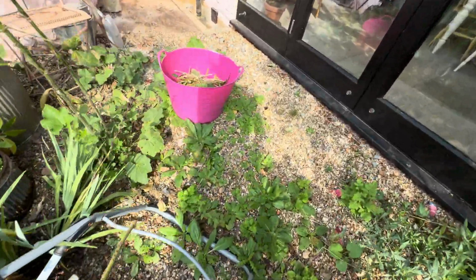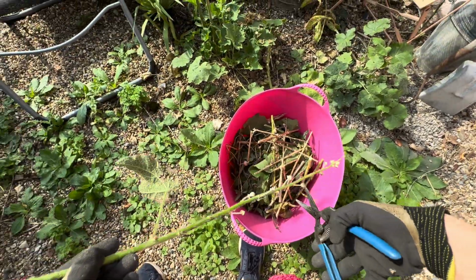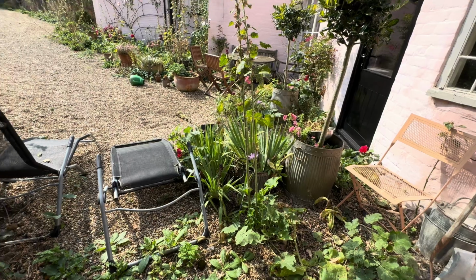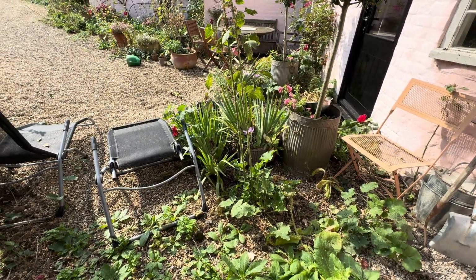I have lots of baby plants coming up here. These are Nicotiana. We used to have a beautiful Nicotiana plant here, and it must have seeded all over because the original plant died. But I've got all these babies, but I don't want to weed them out. I want them, golly,